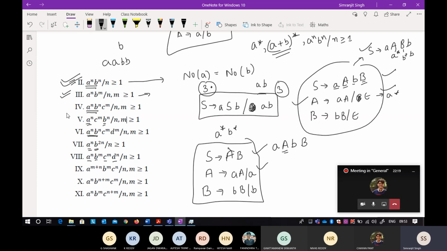Okay, so now take a look at the fourth question. There is a little bit of a combination of A raised to power n and B raised to power n with another thing, that is your C star. You know about this one and you have to include this one. So just try it. I think you can easily do this now.